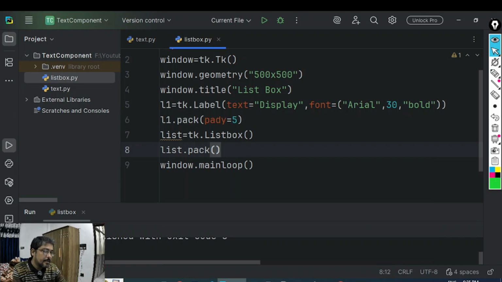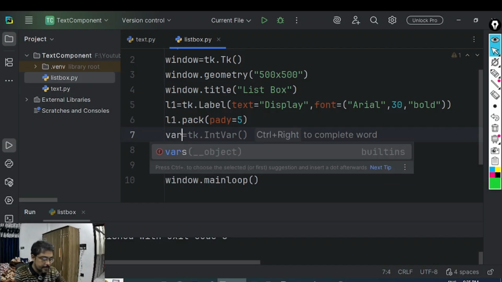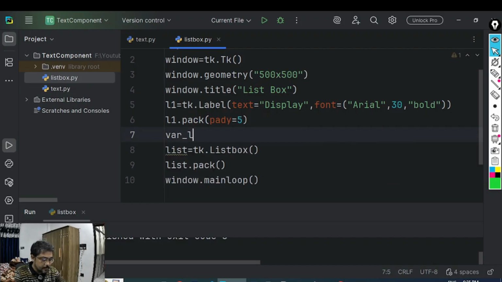Now before proceeding with the list box, we need to understand how to add values to the list box. For adding the value to the list box, we need to create a tuple. So we are going to create a variable var_list, and we have to create a tuple, and in this tuple we need to add all those values which are to be added. Say we are naming the programming languages